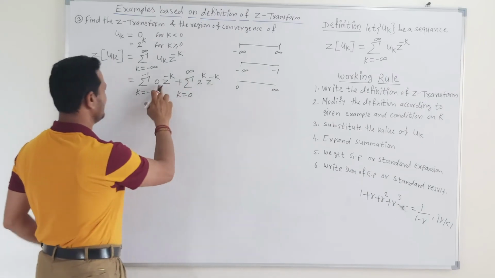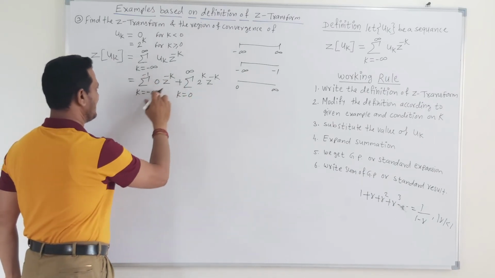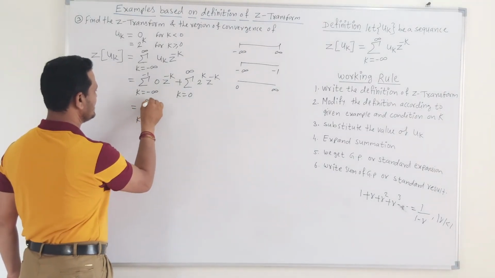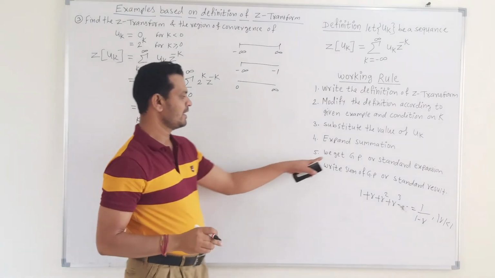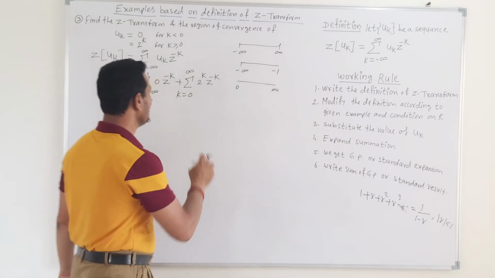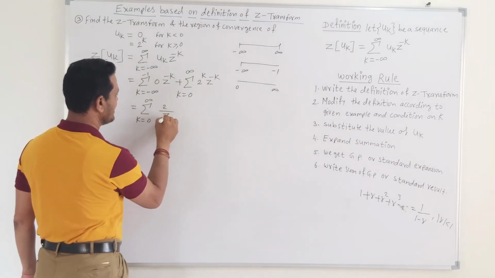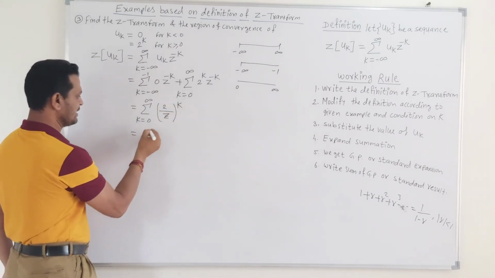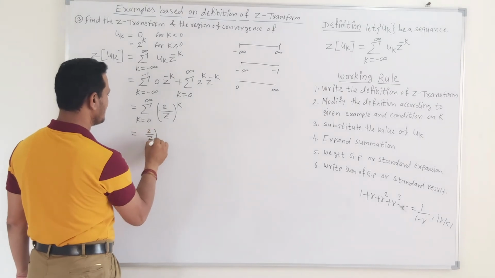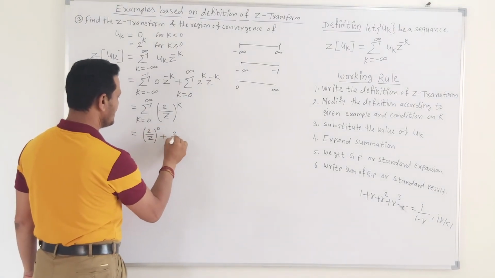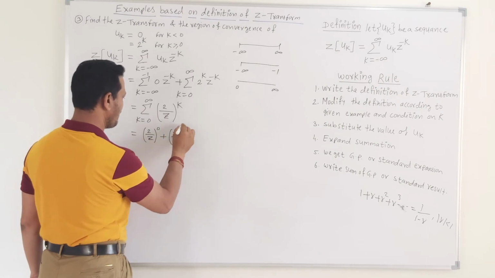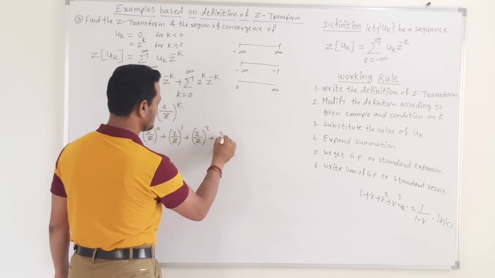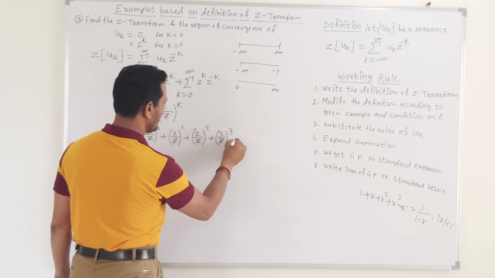Now friends, this is the first sequence and this is the second sequence. Here the value of summation is 0 because of the 0 term, so we get k equal to 0 to infinity. Our aim is to convert the given example in terms of geometric progression. So we can write this as (2 upon z) raised to k. Put k equal to 0, we get (2 upon z) raised to 0, plus (2 upon z) raised to 1, plus (2 upon z) squared, plus (2 upon z) cubed, and so on.